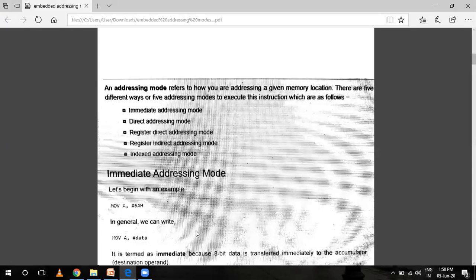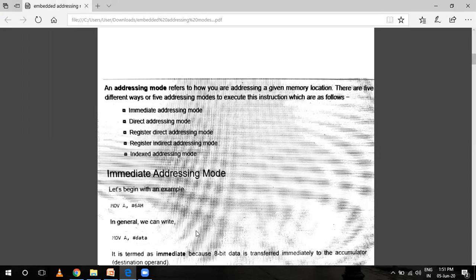ये 5 हैं. जैसे हमारे पास 8085 माइक्रो प्रोसेसर है, 8086 माइक्रो प्रोसेसर था, तो उसमें हमें हर किसी माइक्रो प्रोसेसर के अलग अलग एड्रेसिंग मोड्स हैं. So microcontroller के अपने addressing modes हैं. These are closely similar to the 8085 microprocessor. 8086 microprocessor has 9 addressing modes. So immediate addressing mode is one.